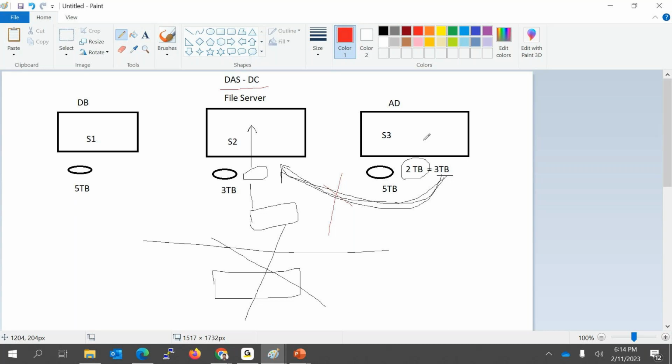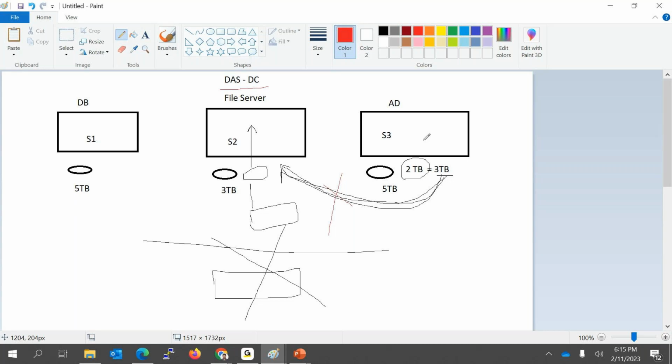Like in our project, we have a centralized server. The whole team gets assigned to that folder, and whoever wants to copy the file, they put it into the shared location, and anybody can access it. That way it works, but to work that way, the server needs to be online all the time, correct? So in this way, it cannot be possible. Correct. So you cannot share your local storage with your brother's laptop. Okay. So that way it is not possible. So that problem arises in the DAS concept.